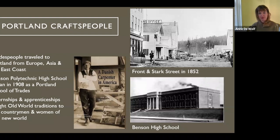Portland's craftspeople that helped build our beautiful city came from all over the world. They came from Europe, Asia, and the East Coast. There was Benson